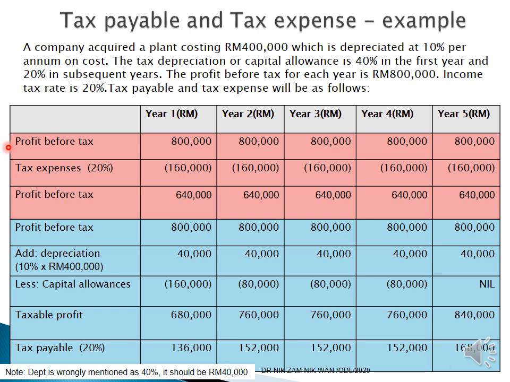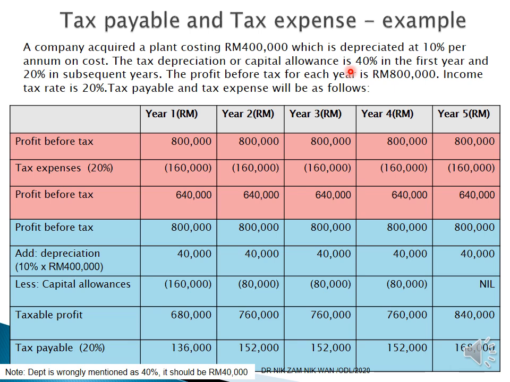In calculating 800,000, earlier we already deducted depreciation of 10%, which forms part of the expenses. So our tax expenses will be 20% of 800,000. The total of tax expenses is